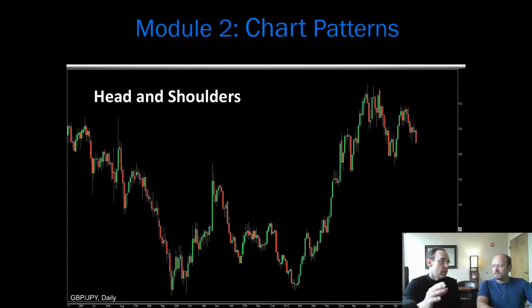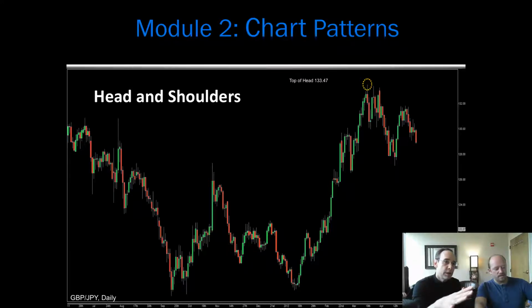But this particular one that we're going to focus on today is called head and shoulders because when you look at it, it reminds you of a silhouette, of the shoulders, the head, and the shoulders. It's shown right on the chart here. If we just take the cursor, right there you can see, in a yellow dotted circle, we show on this daily pound yen chart the top of the head. And then the red dotted circles show the tops of the shoulders. And then we have a neckline here, which is in the green circles.